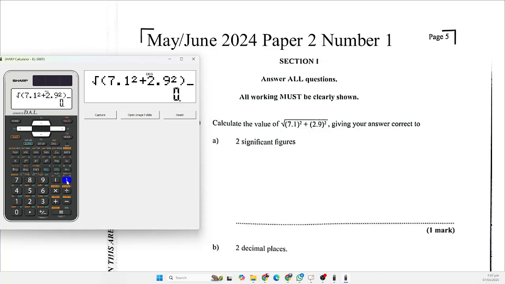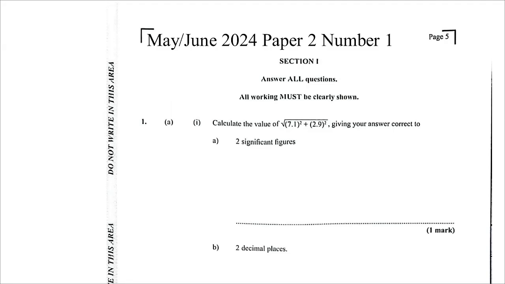This is telling my calculator I want you to find the square root of whatever is in my brackets here. Press equal. This is your answer. Now, I am going to write down the full answer, and then we will do what they told us to do. The question says, well, this here you will say it's equal to, because again, this is 1 mark, so you don't need to show how you found the addition and those type of things. You just need to say this is equal to